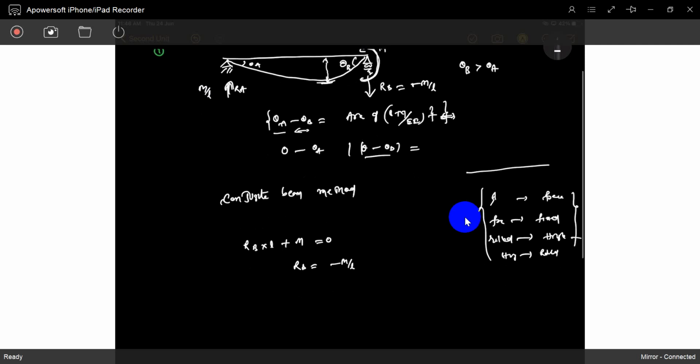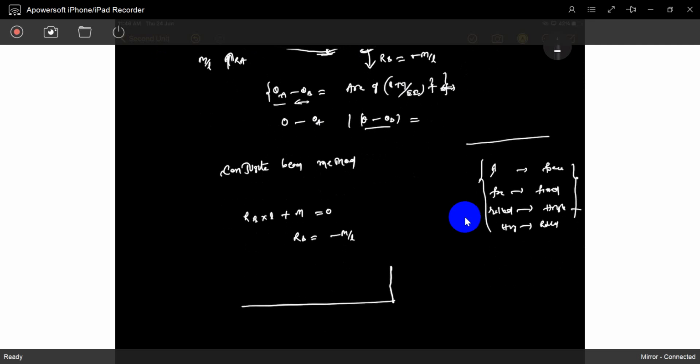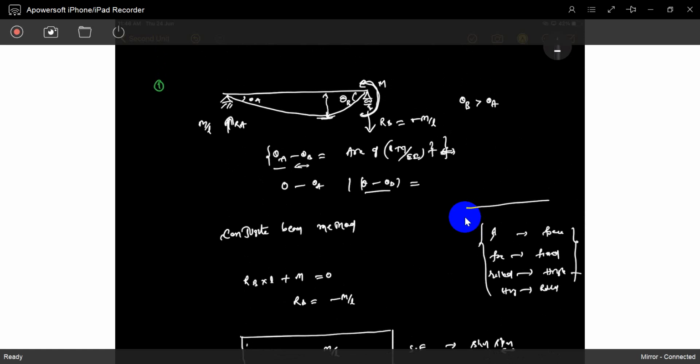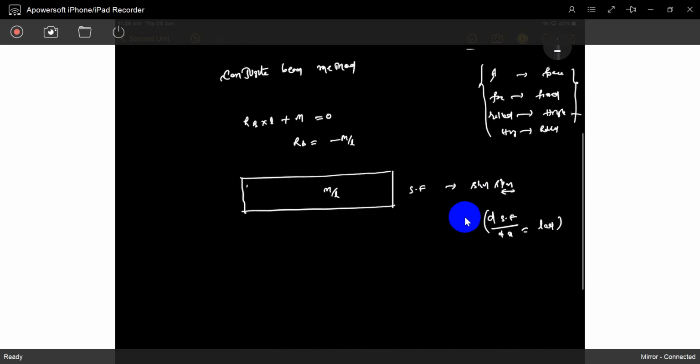So directly you can write the shear force diagram. It is M by L. That is the shear force diagram. It is a shear span where the shear force is constant. We will call it a shear span. Now you can also observe that change in shear force is equal to load. There is no change in shear force, so that means there is no load at all on the beam. These are the observations you can get. So now I will try the bending moment diagram. So what is the bending moment diagram?